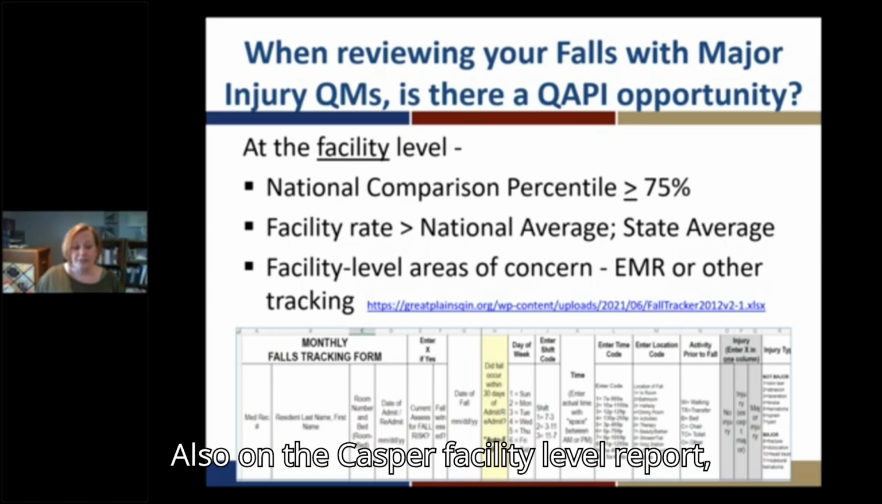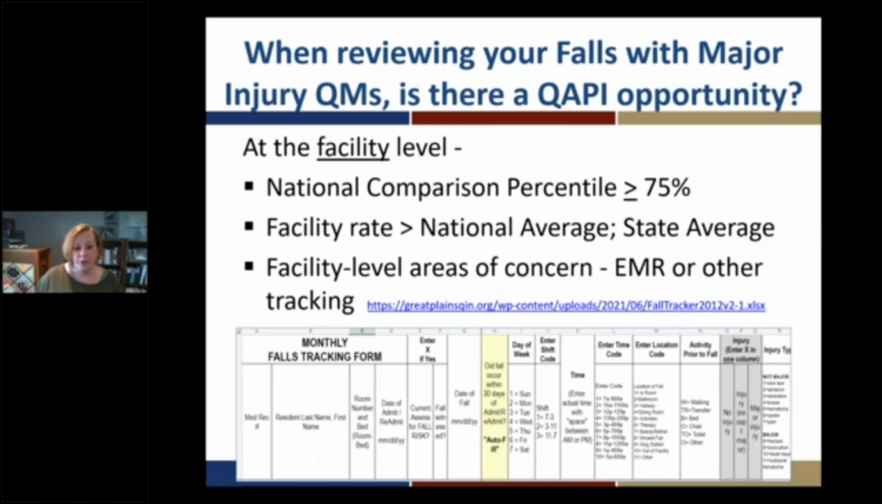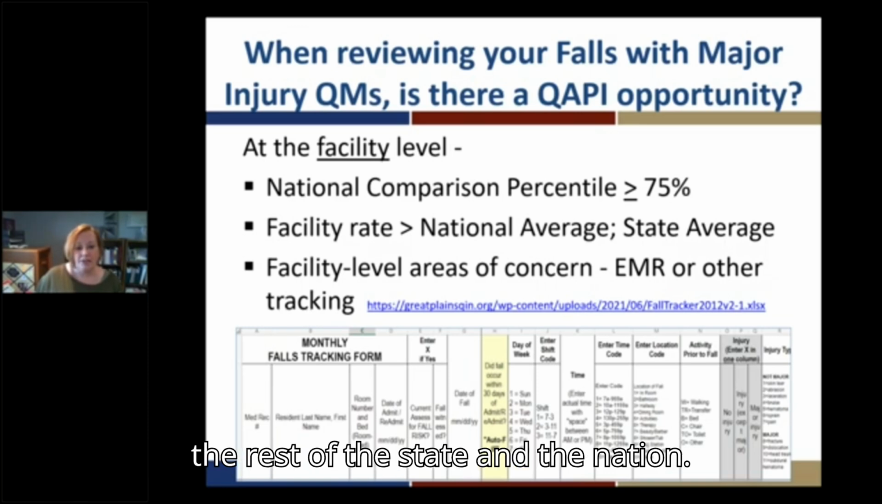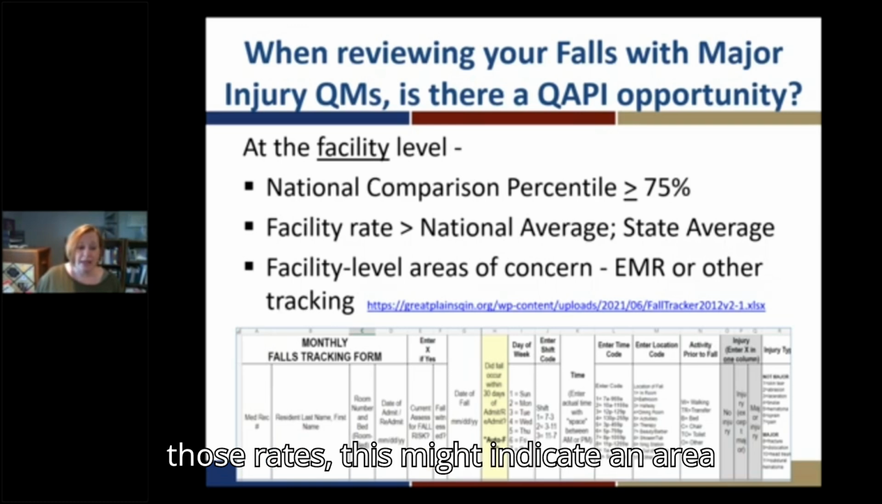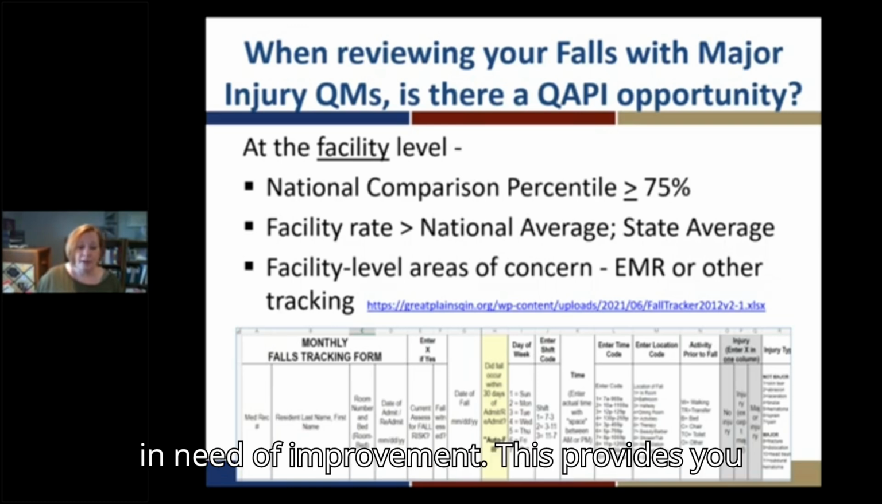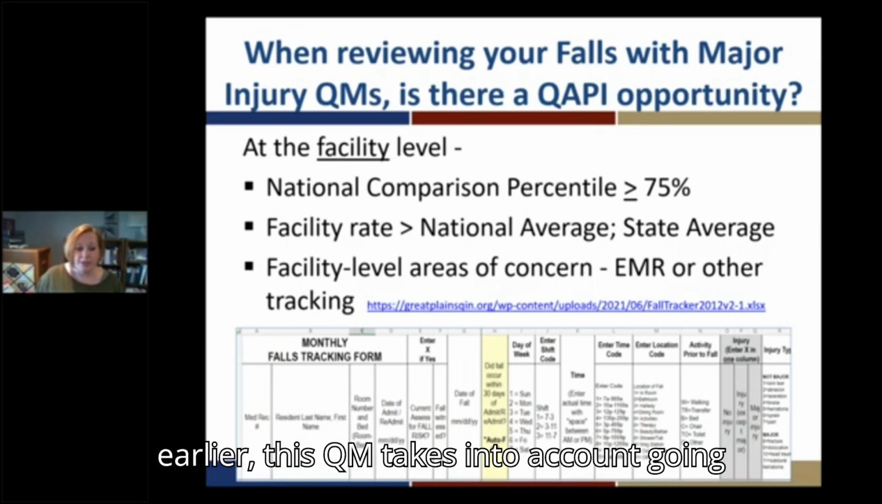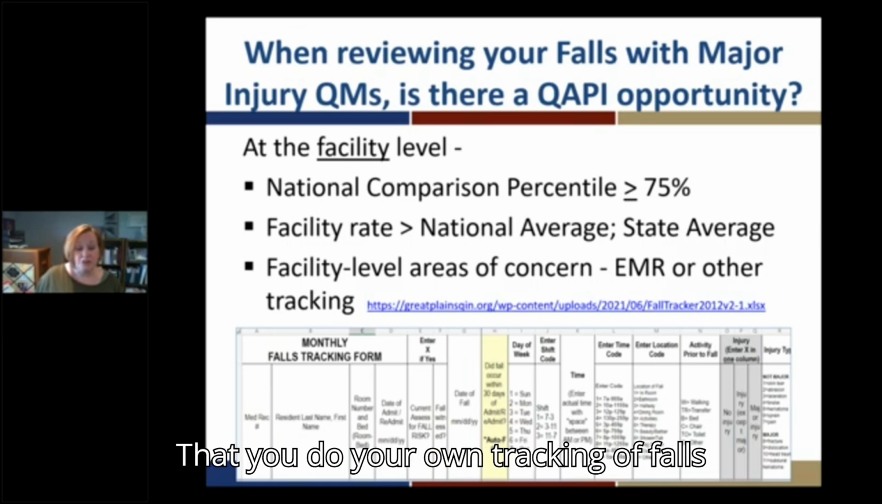Also on the CASPER facility level report, you can see the columns that show the comparison state and national average. These rates compare your home status to the rest of the state and the nation. Again, if your rates are higher than those rates, this might indicate an area in need of improvement. This can provide you with a starting place, but as I mentioned earlier, this QM takes into account going back about a year, so it is also vital that you do your own tracking of falls and that you keep